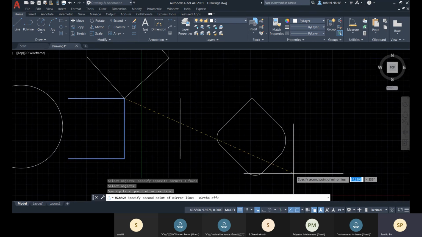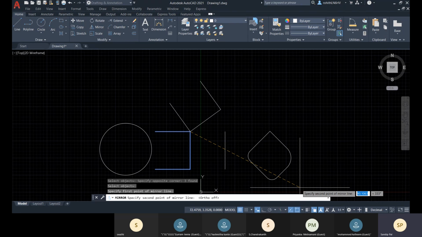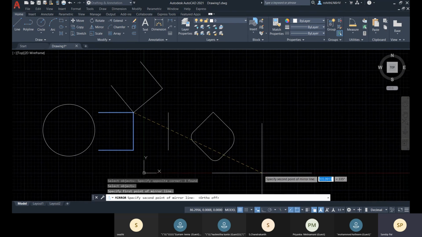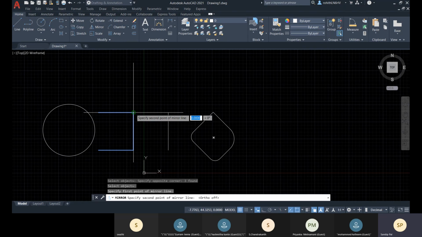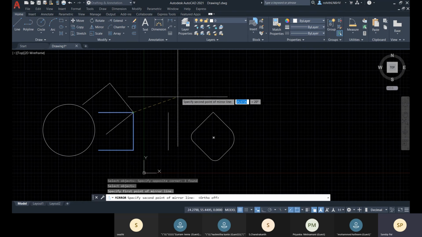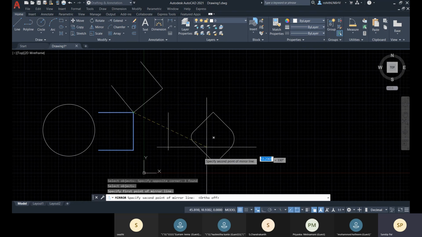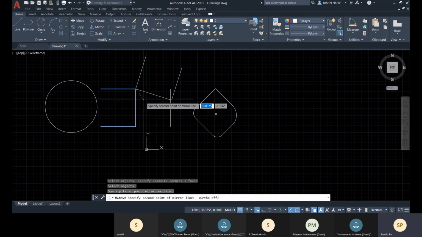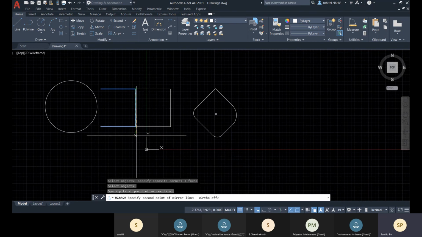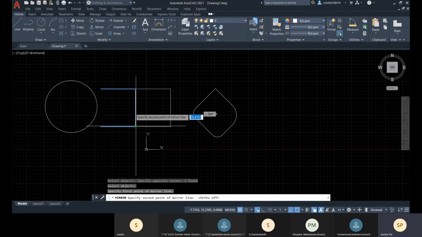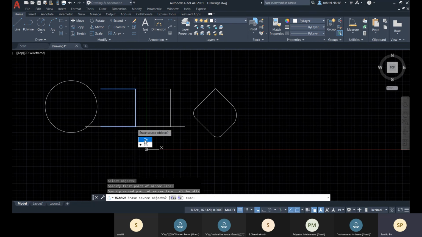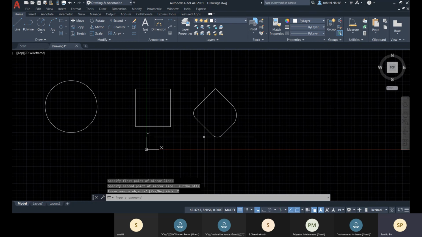But if I go for this point, I'll get like that as a result. So the two mirror axis points or mirror line points will define the mirror axis, and you have to choose wisely. So let's go for that, and again erase source objects.